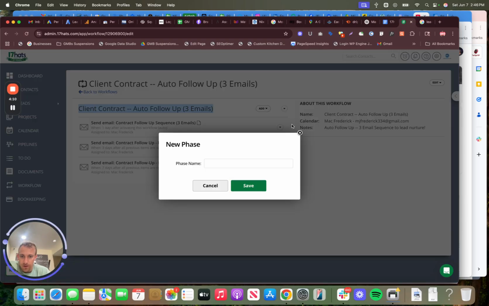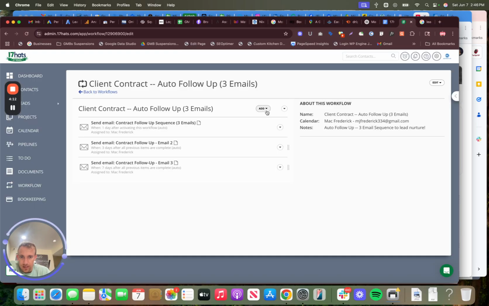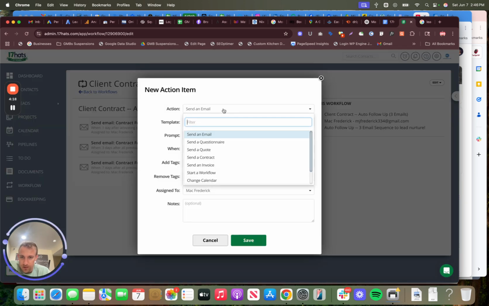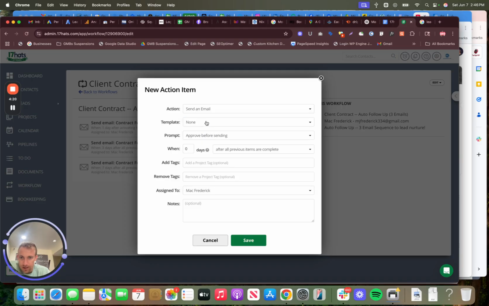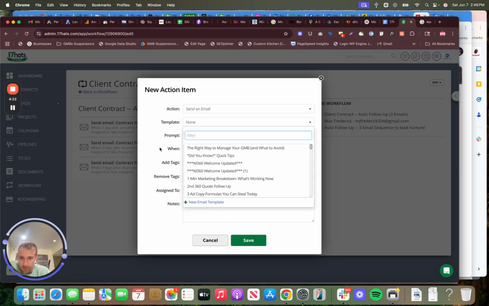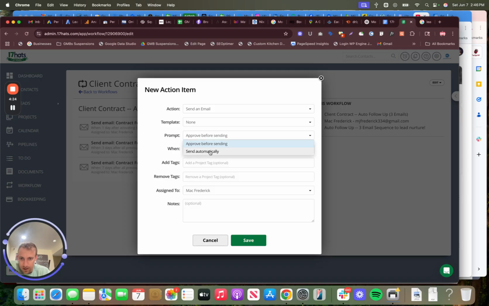So add a new phase, and then you can add a pause or a checkbox, or automatically send a new email. So send a new email, template, we can create a new template, send it automatically, and you can send it 10 days after all previous items are complete or for a due date. You can add tags as to e-commerce email or,